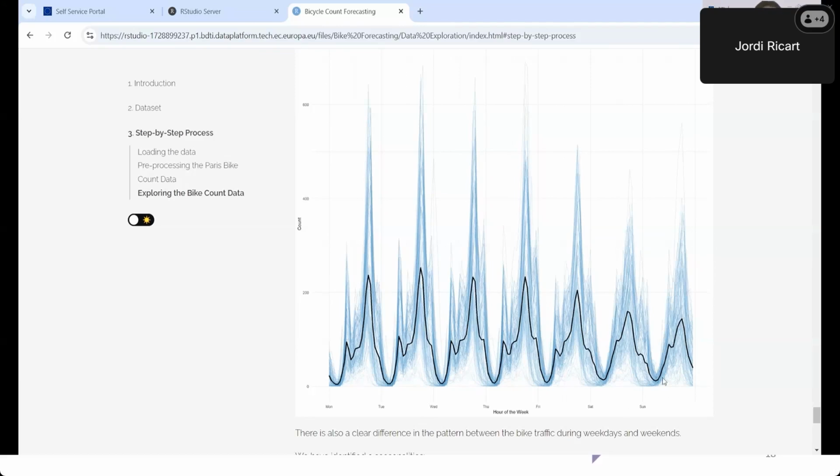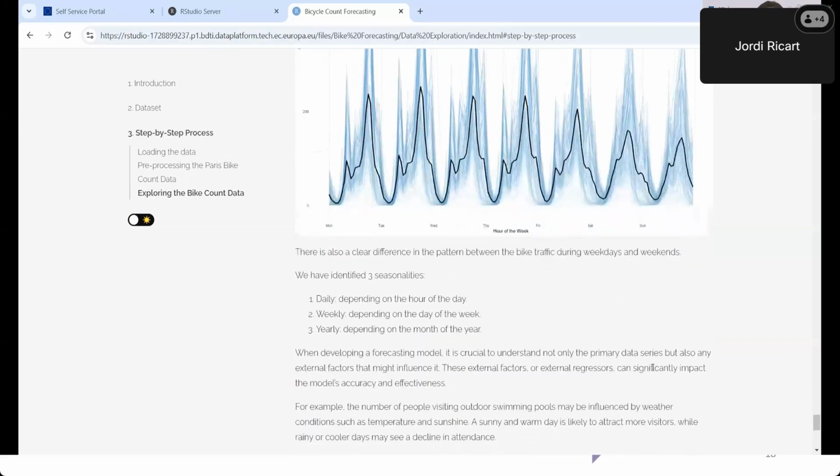Again, this is probably due to just being the weekend, fewer commuters. Same thing happens with the peak in the morning. So this is 8 a.m. We see there's a peak from Monday to Friday, although on Fridays it's smaller. And then on the weekends, there's less of a peak at that time.